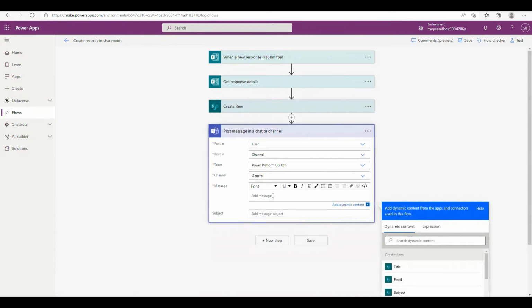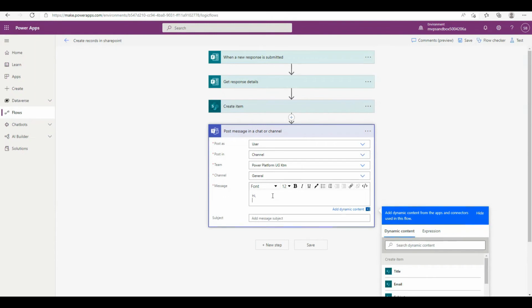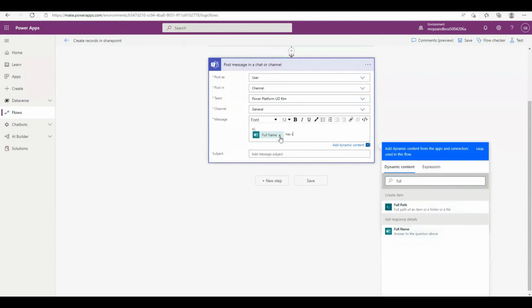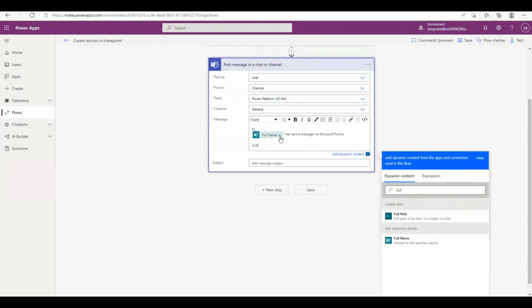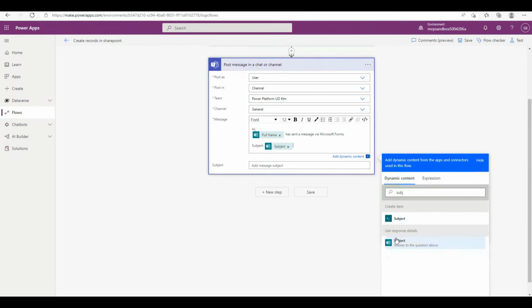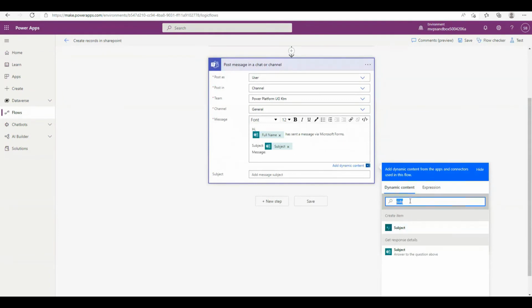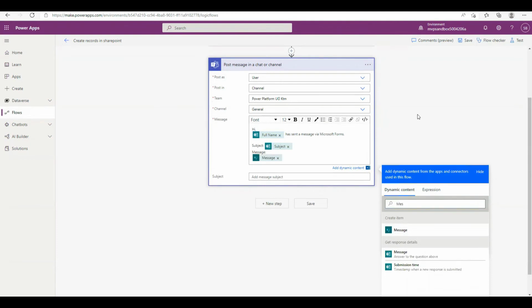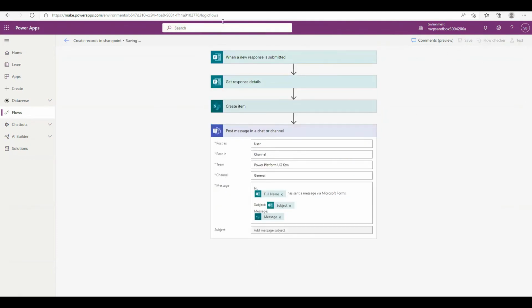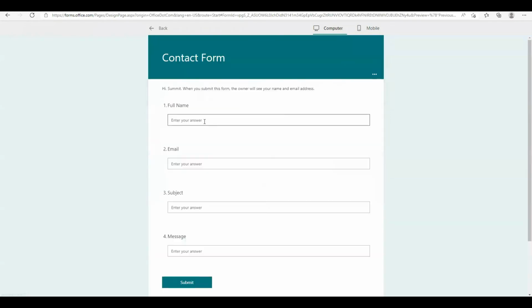So we can put hi, full name. Someone has sent a message via Microsoft Forms. Subject. So subject is subject, and message is message. So again, save this, and when we run this, submit another